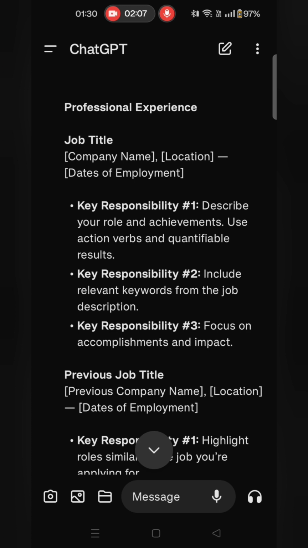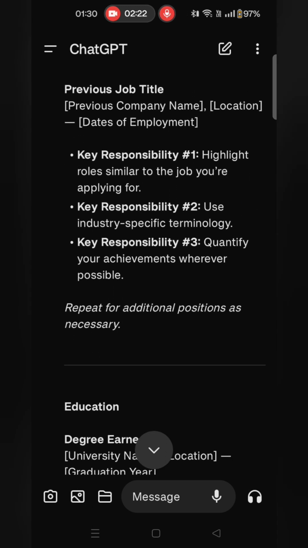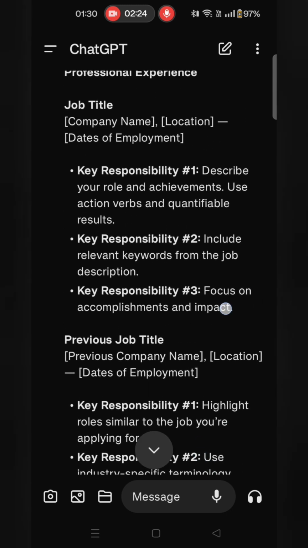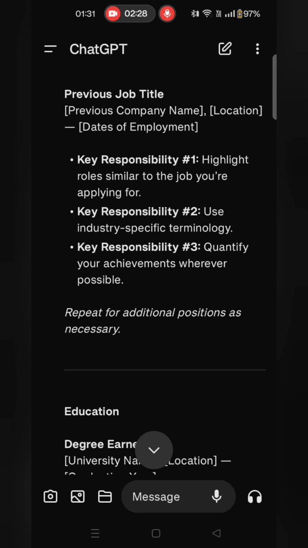Professional experience: job title, company name, location, dates of employment. Key responsibility number 1, key responsibility number 2, key responsibility number 3. You have to elaborate on it more. Then the previous job title, if you hold more than one experience, then this comes into play, and similarly you have to list your key responsibilities in the previous job as well.